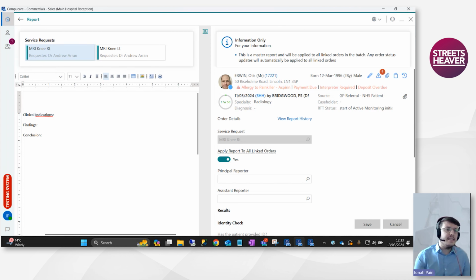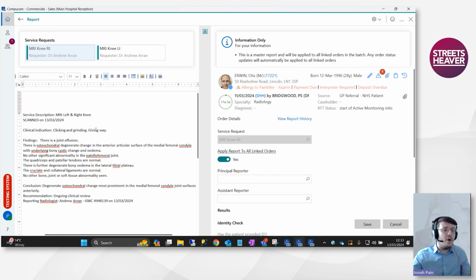So from version 8.67 onwards, when you go to the report internal screen, you're going to be met with this info box at the top right here for linked orders, letting us know that this is going to be a master report, which I'll get onto in a moment. And you'll see further down, we've got a new toggle on the reading pane, which is apply report to all linked orders. With this toggle set to yes, when we write our report into Compucare, you'll see if I select